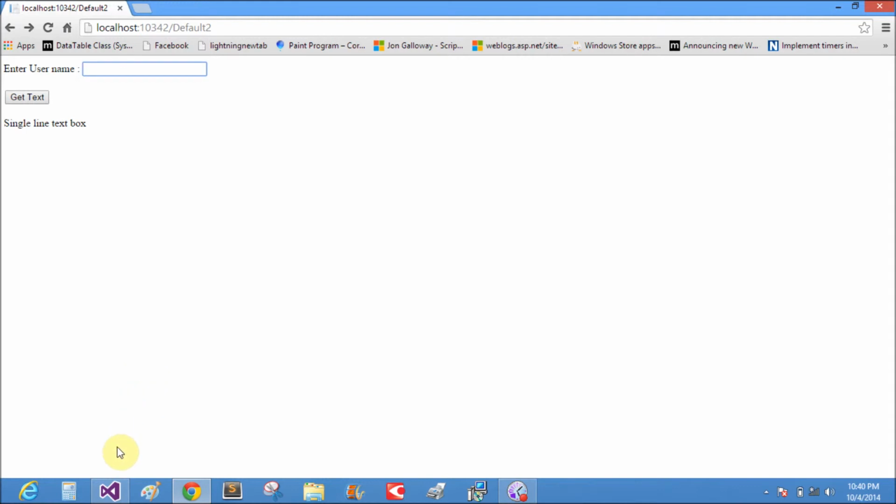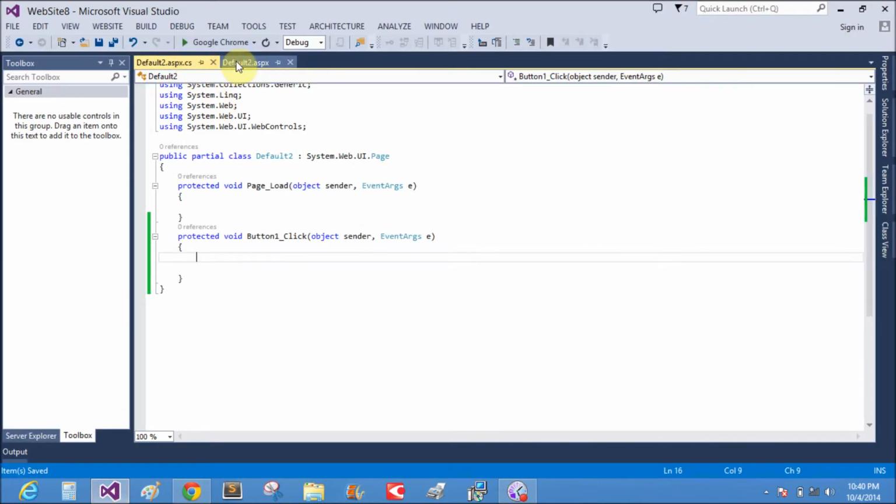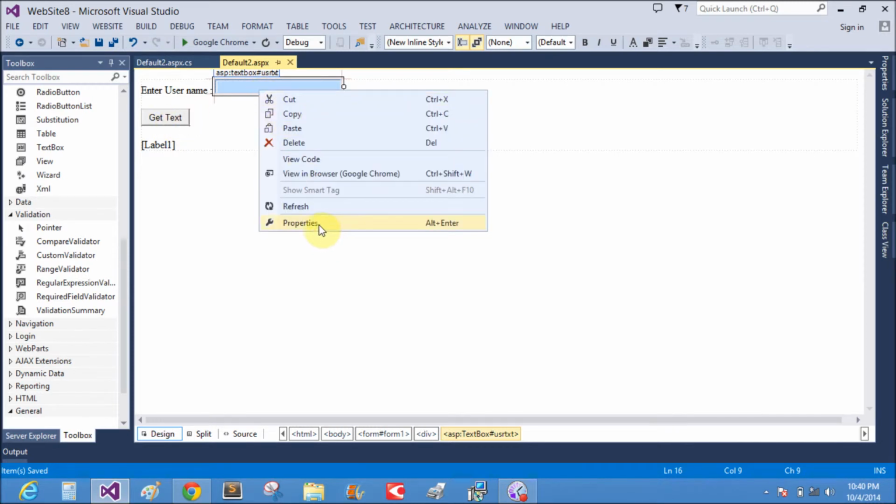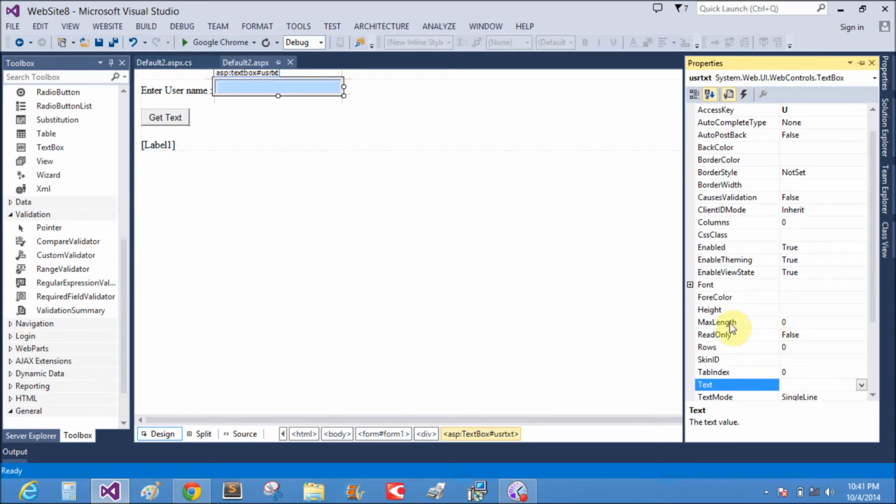How to protect your text box from malicious attack? Bind the text box length property, that is the maximum length. Suppose now I use 5, then we can insert only 5 characters in the text box.